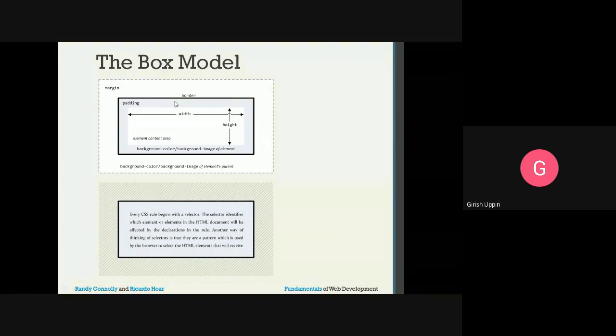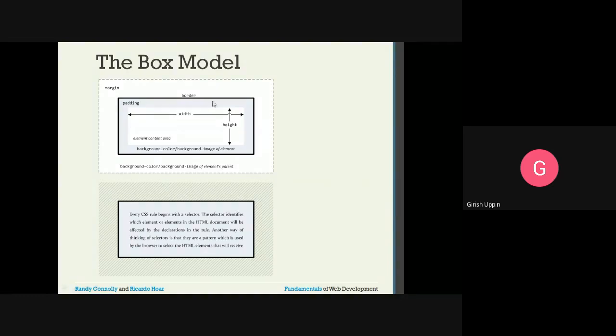And this is the border of the HTML element. And if you specify padding, okay, so what you can understand is, margin is the distance from the parent. So you can assume this is the parent, and this is the distance from the parent on all the sides. It will have four sides: left, top, right, and bottom.